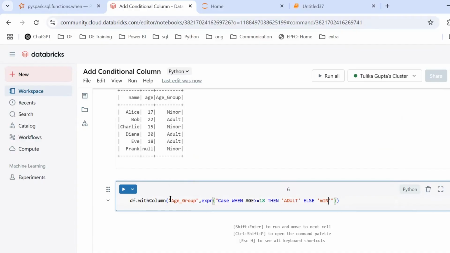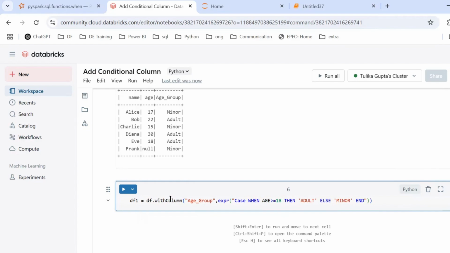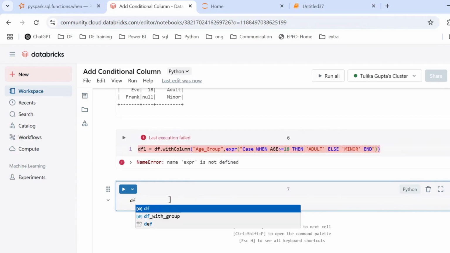Also, I'll quickly end it. And let me again assign it to a different data frame. I'll just name it df1, that's fine. Run it. And again, it's giving the error expr is not defined.